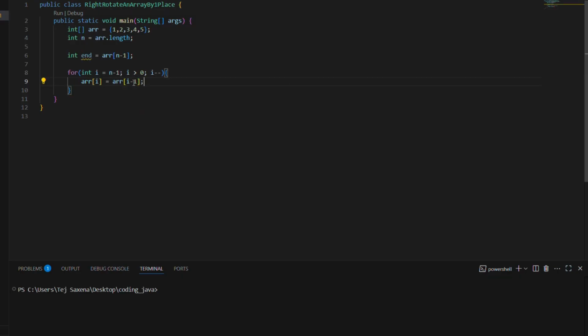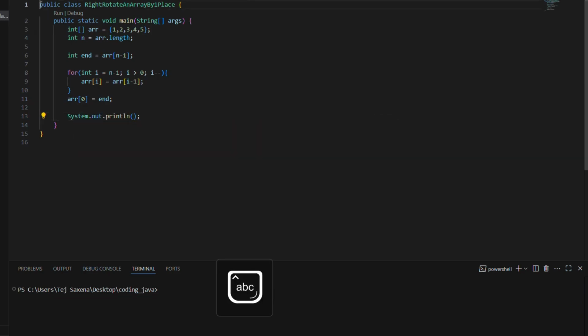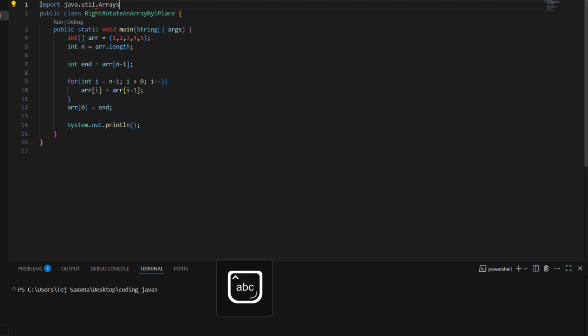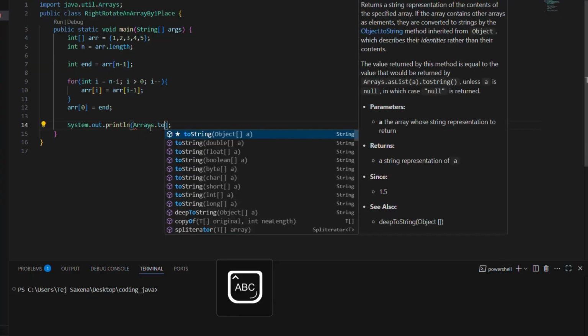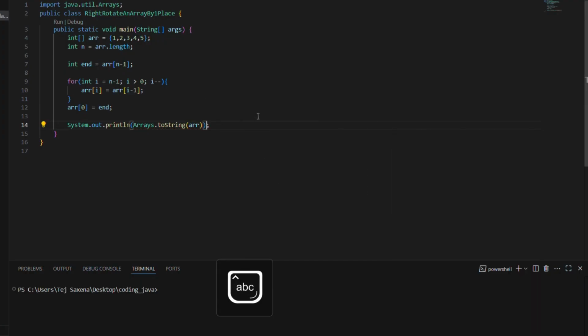So we have shifted the array elements now. In the end, we will just set array element 0 equals to end, that we had stored earlier, and in the end we can just print the array. We can do it like this, just importing the Arrays library from the Java utility package, and toString. This is how we can print an array in Java. So if I run this code now,